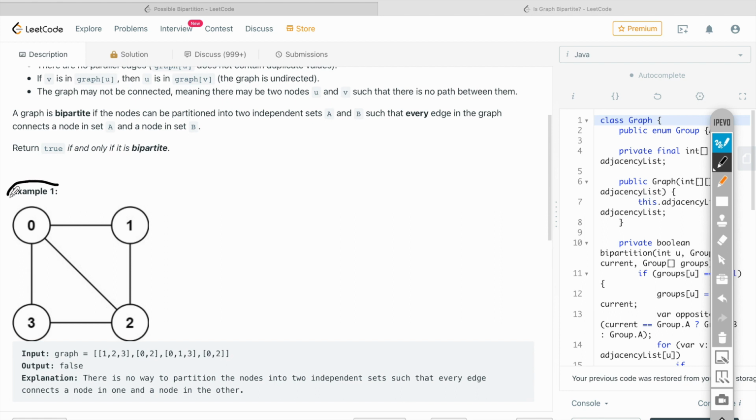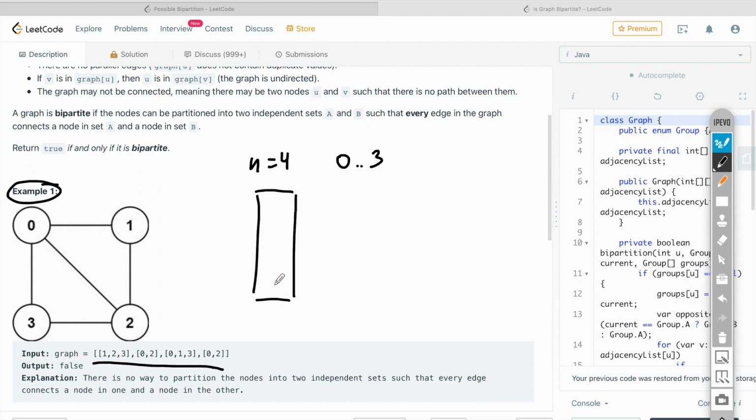Let's look at example 1 here. We have 4 nodes from 0 to 3, and these are defining the edges. And by the way, defining a graph in this manner to list the adjacent nodes is called adjacency list. And if we represent this as a two-dimensional array, as in this problem, then the first dimension is high-level pointers to subordinate arrays, which are arrays of neighboring nodes.